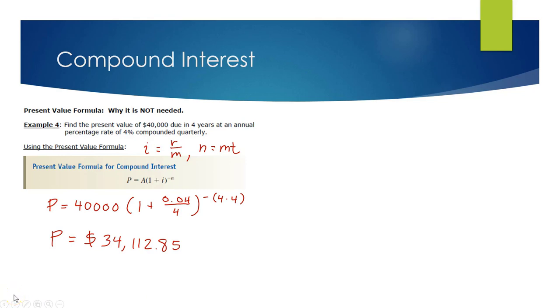But again, that's another formula you have to memorize. This formula is really not needed, because all this formula that you're seeing in front of you really is me taking that compound interest formula, and instead of having it solved for A, it's being solved for P. That's really the only difference. So if I take that same compound interest formula,